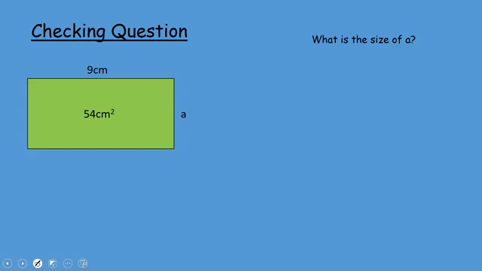Okay, so it's asking us for the size now of this side here. So we're given the area of 54 centimeters squared, and we're given one of the sides. So normally we would think of multiplying the 2 sides to give us the area. So we're working in the opposite direction now. So we need to think about the area,